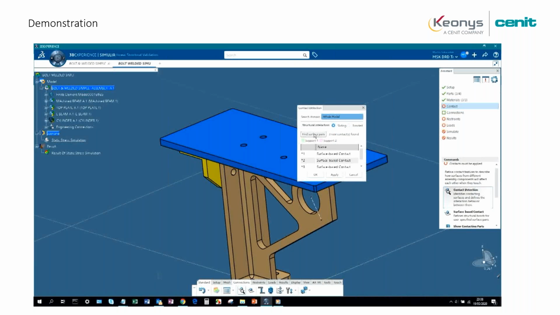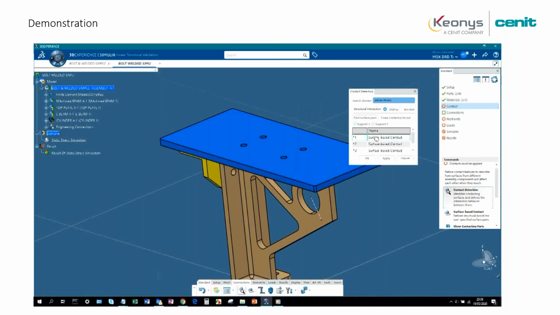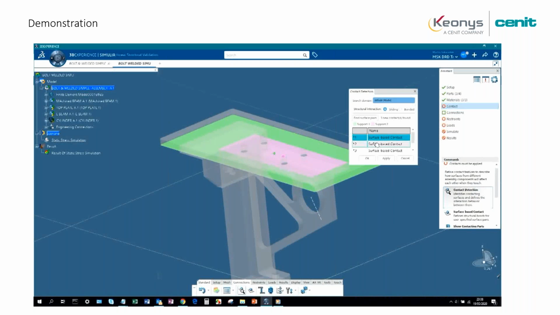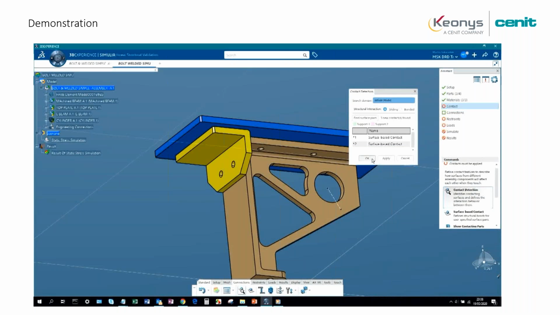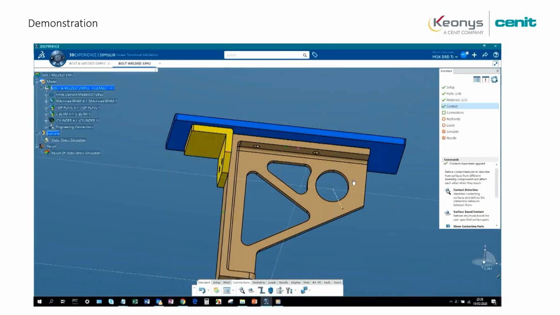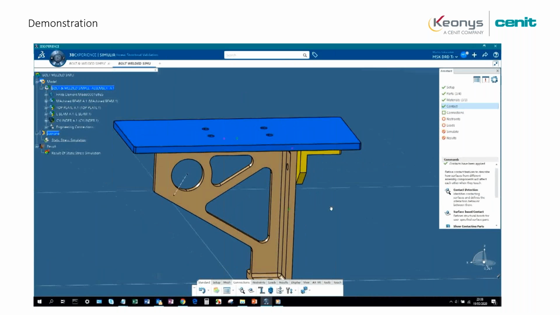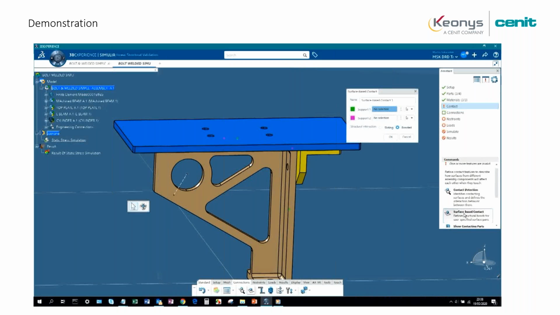We are seeking sliding contact here because we think the connected surfaces can slide one over the other. So we automatically detect the contact, and we have set it up.